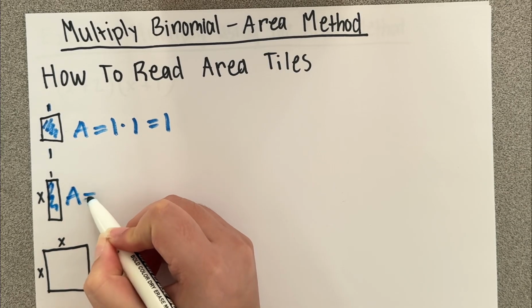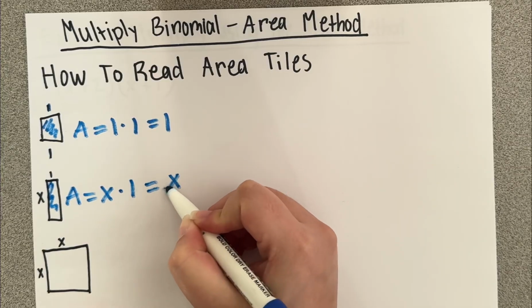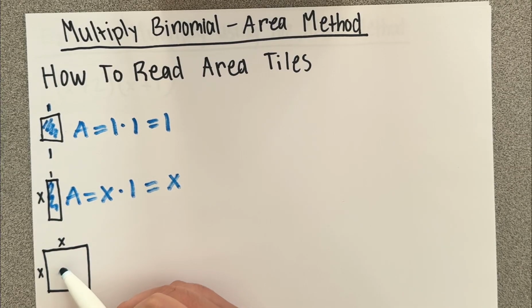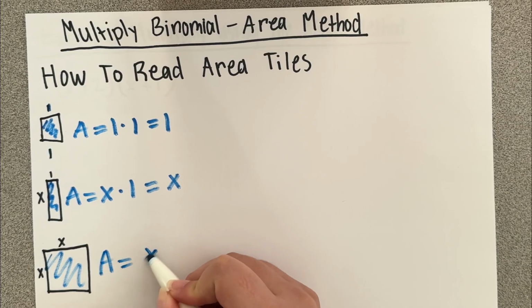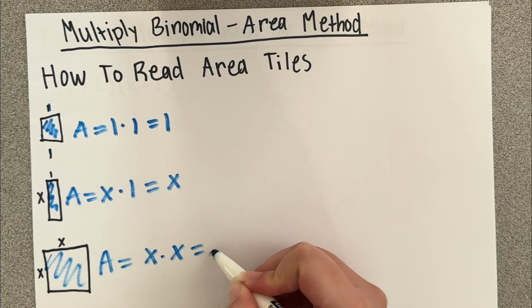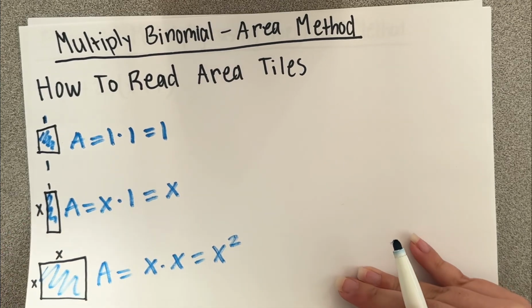And then right here, we have the area tile as x times 1. So the area is x times 1, which is just x. And then at the bottom right here, we have the area tile as x times x. So the area is x times x, which equals x squared. So that's how you read it. Now let's do